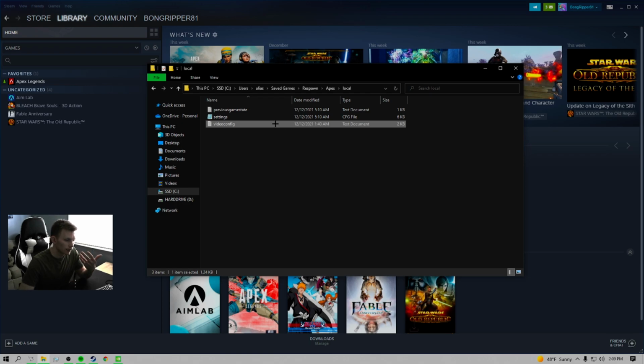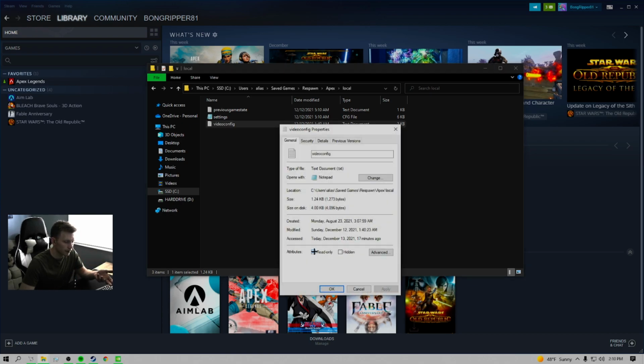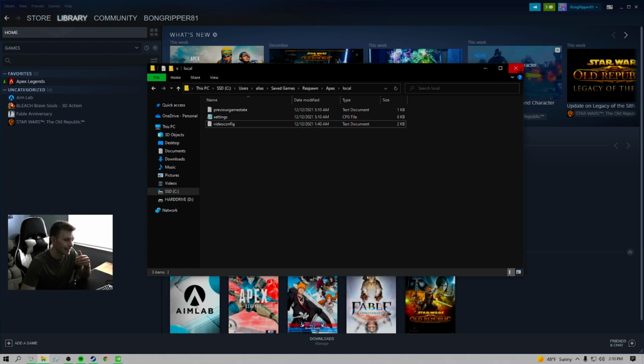Then you will left click to make sure you have the file that you want to mess with selected. Don't open it, just select it. Right click, properties, check read only, apply, and hit OK. Now that you have done that, the next step, and one of the last steps in order to make this work, is